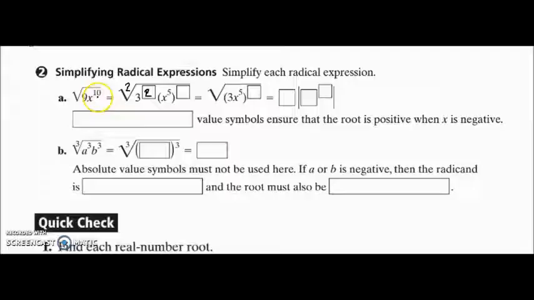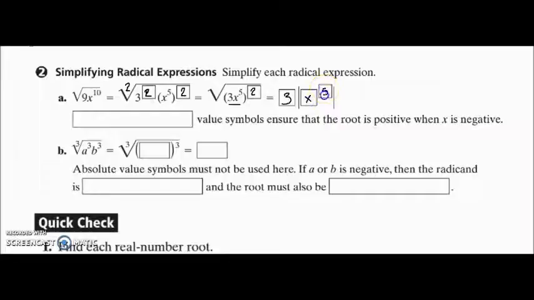And x to the 10th is really x to the 5th squared, because how many times will 2 go into 10? It will go in 5 times. So we can simplify this to 3x to the 5th squared. And remember, anything that's in a parentheses, we're going to bring outside. So this becomes 3x